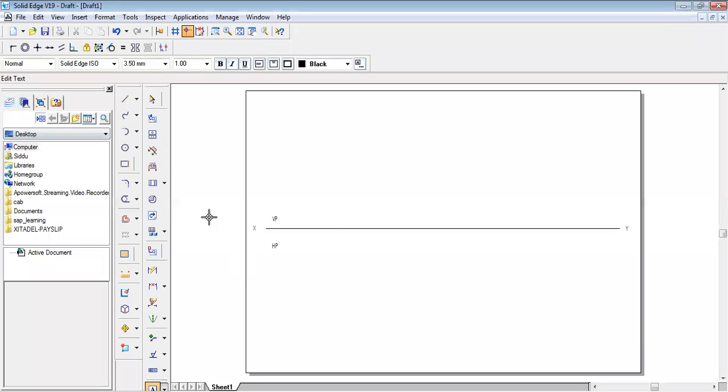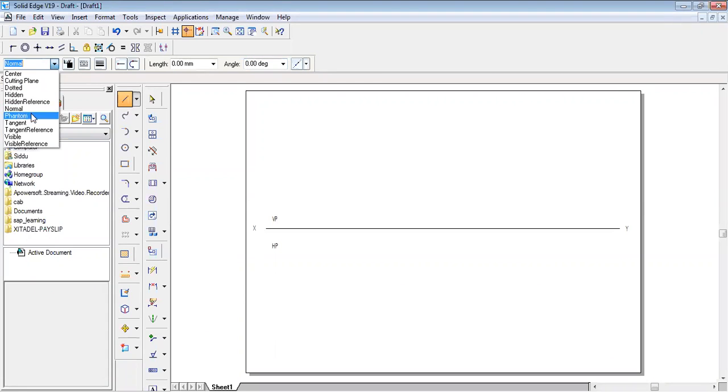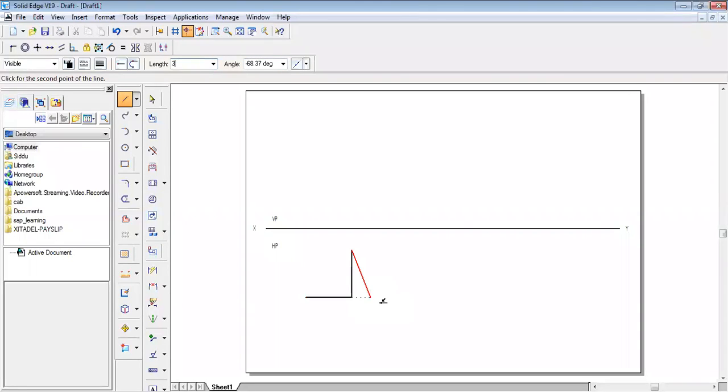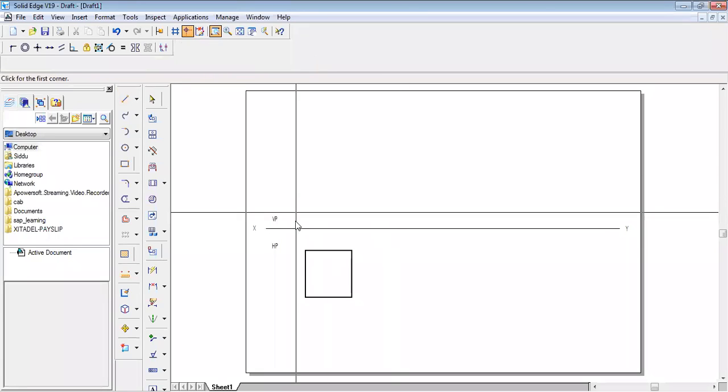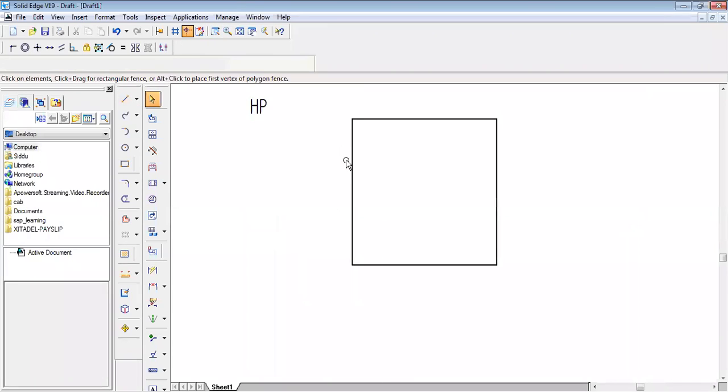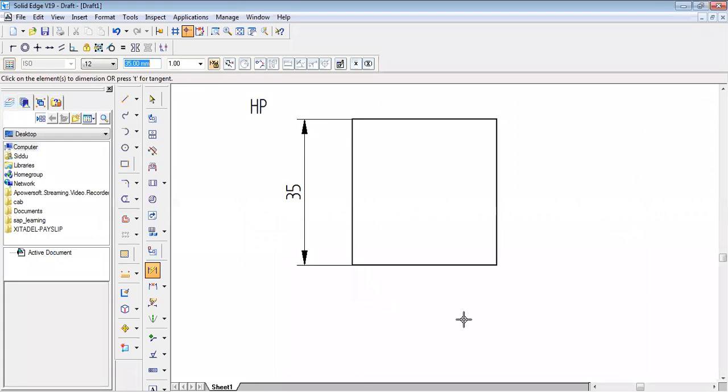Now straight away we go for the visible line, and we know that it is resting on one of its base edges. It is given as 35 mm length. Initially you give 0, 35 mm, then the angle would be 90 degrees and 35, again 180, right, friends? After that you just connect to the end point. So this is what it is. It is resting on one of its base edges. Now let us show the dimension line for that also.